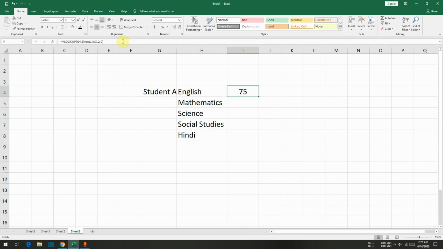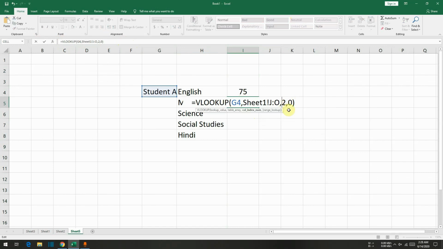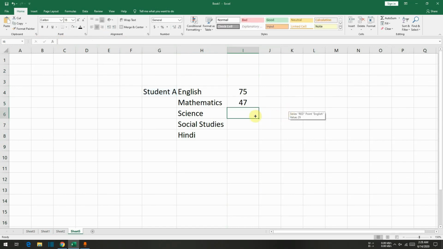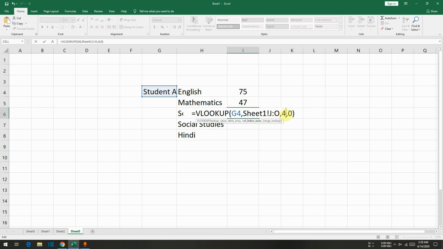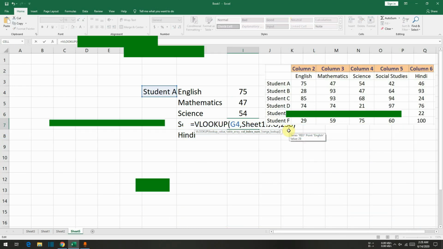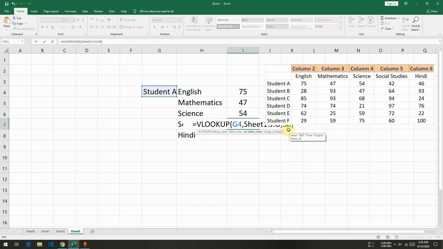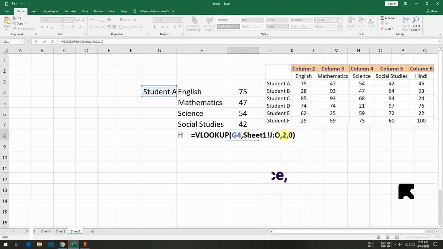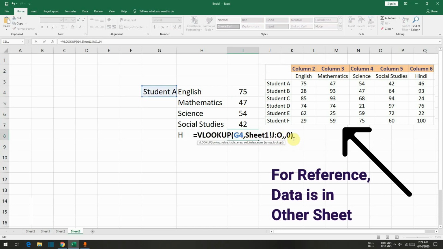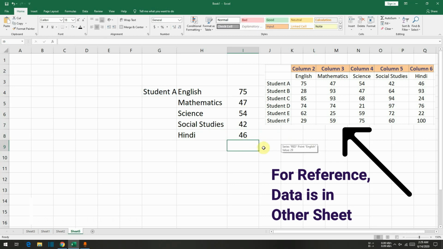Similarly, I will copy the formula here, paste it here. I will write 3, I will write 4 because science was available in the 4th column, I will write 5 and here I will write 6.